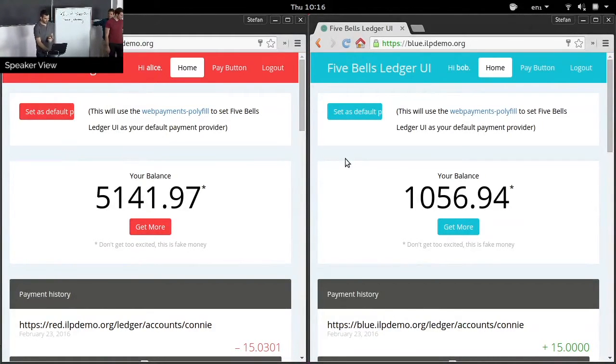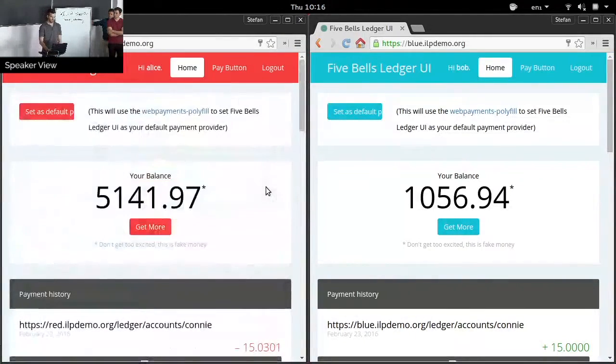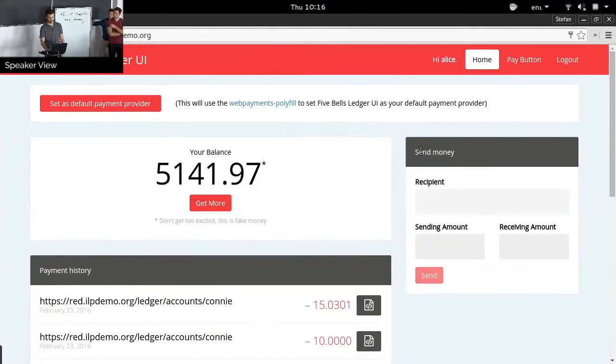Okay. So you can see we have our balance here, and then we have sort of our payment history down here. Some previous test payments. Don't want to go into that. So let's look into Alice's account in a little bit more detail. So we have the balance here, and if we ever run low, we have this very handy button, which PayPal, if you're watching,